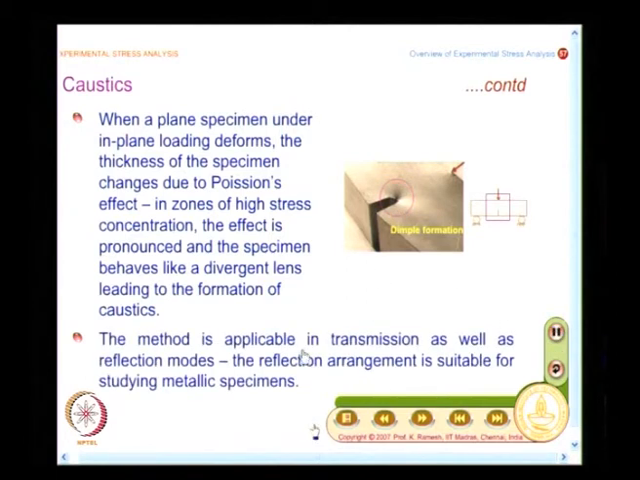As I mentioned earlier, it is applicable to transmission as well as reflection modes. The reflection arrangement is suitable for studying metallic specimens. This also I have said, that you need to have techniques to find out for models as well as prototypes. Photoelasticity has transmission photoelasticity and reflection photoelasticity. So, in method of caustics, you can do it on transparent models as well as on